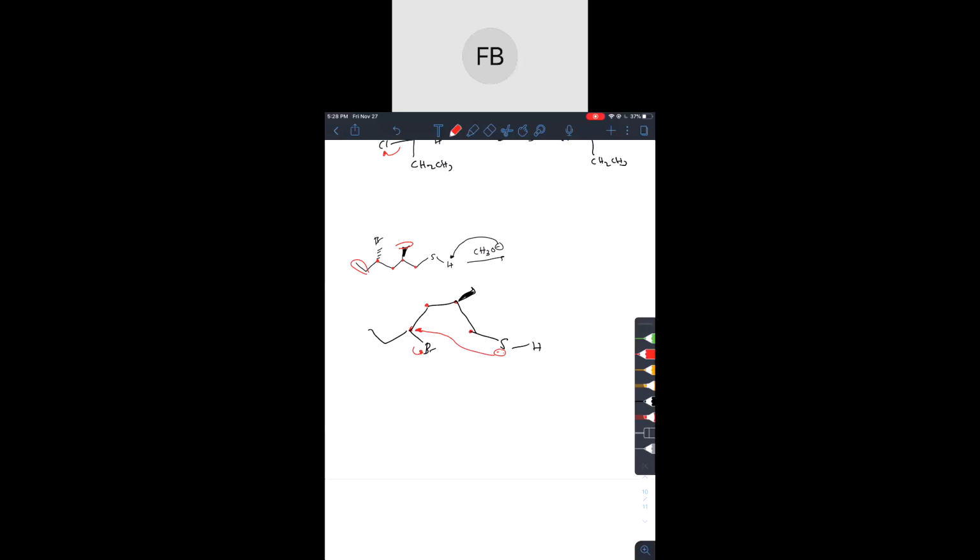And so one thing that I said, like a tip for making your cyclized things look nice, like we have 1, 2, 3, and 4 carbons involved. That means we're going to have a 5-membered ring. So you can just start drawing a 5-membered ring and then put your sulfur in one of those places. So then we just need to figure out how everything else is attached. So let's go to 1 over. That one's going to have the ethyl on it. And then also on this other carbon, we're going to have a